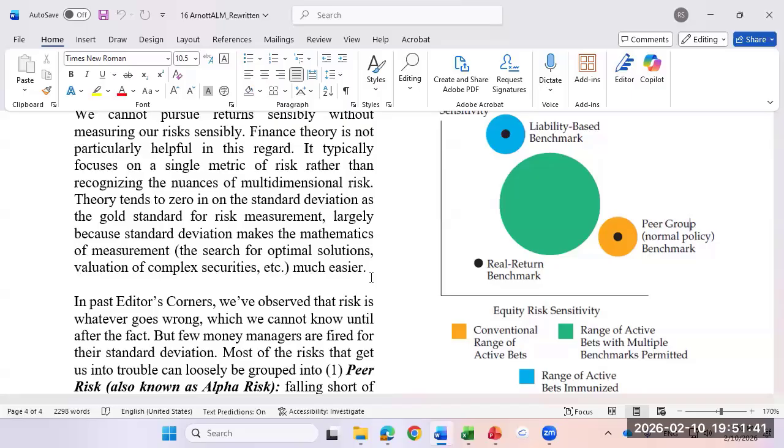Peer risk especially. How can you completely eliminate peer risk by doing what? Just index everything. Just buy the market. Don't even try to beat the market. That's what we did at USAA. We just indexed. It was quite humorous. So we'll get into this more, but